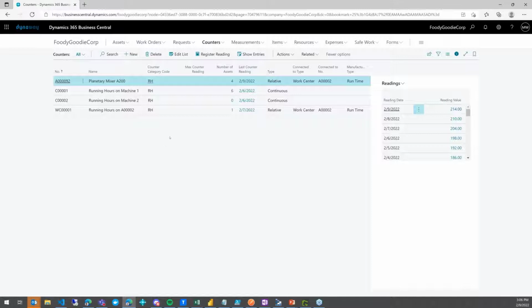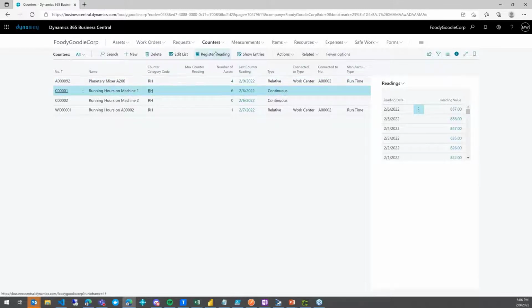Right? So that's something which you can use. The second useful piece of information is the type. For us, we have two types. One is counter continuous, and that's the default, and one is counter relative. So the difference between those two is that when we register the counter which is continuous, and I can do